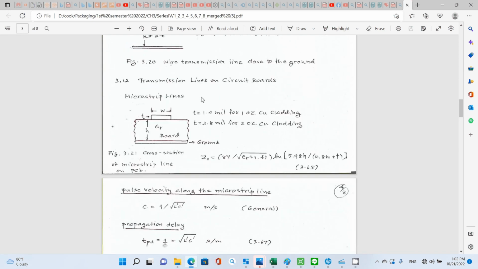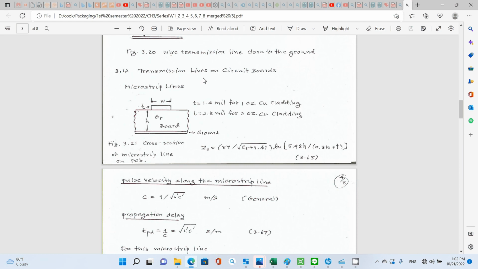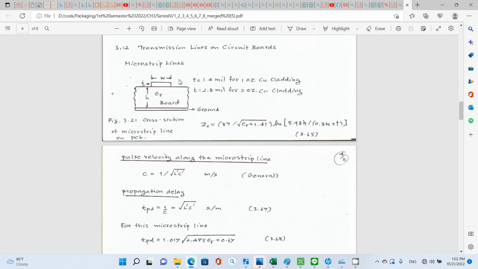The next one is the transmission line on circuit boards. This is a microstrip line on a PCB, or printed circuit board. You have a ground, and this one is the circuit trace. Okay, that's where you send the signal through, the copper. That's the circuit trace located on the PCB, and